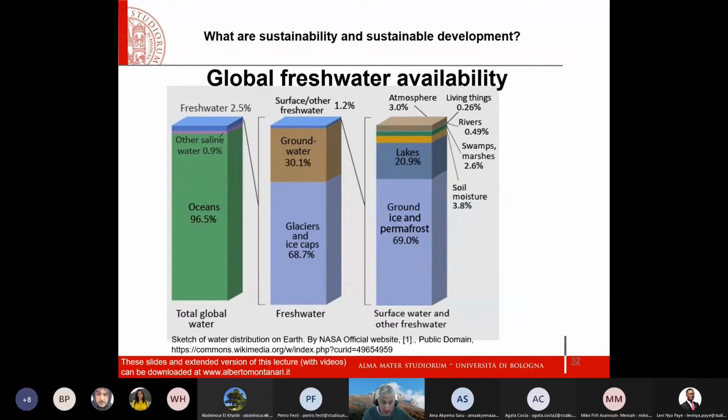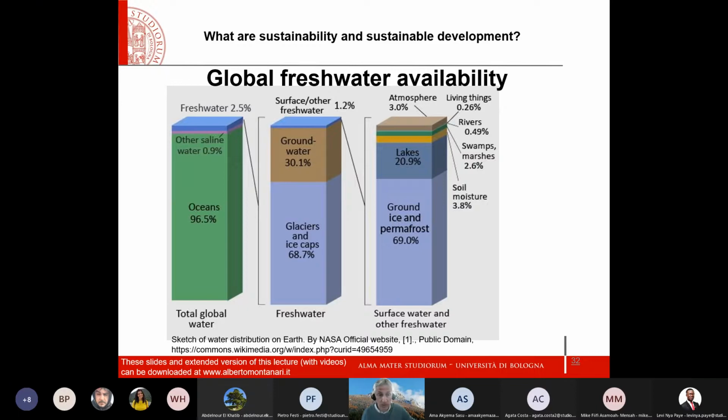You see that of this 2.5% of fresh water, we have groundwater accounting for 30%. We have glaciers and ice caps accounting for almost 70%. And then we have only 1.2% of surface water, other fresh water,